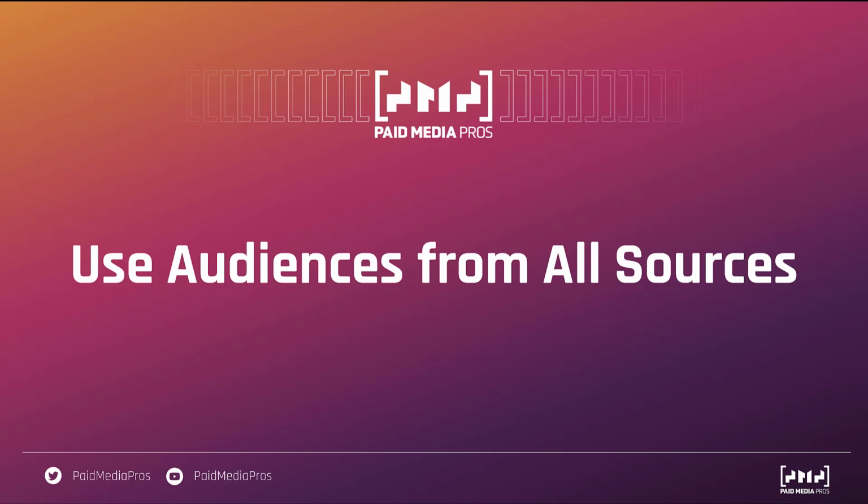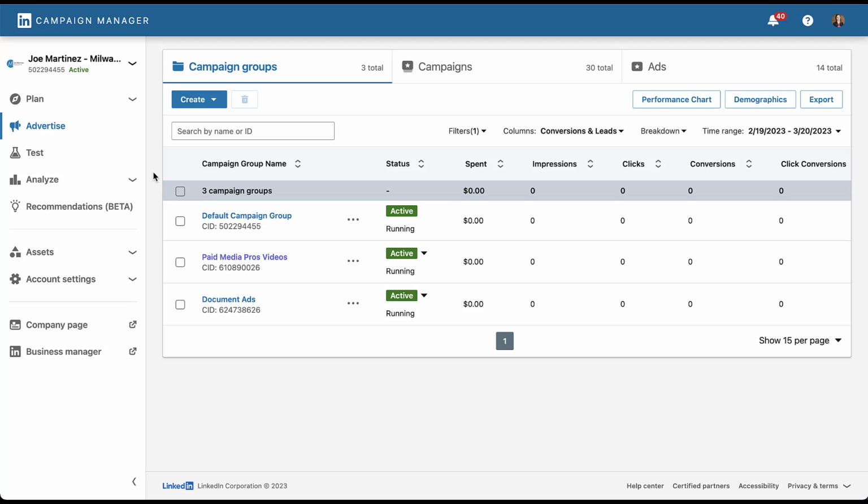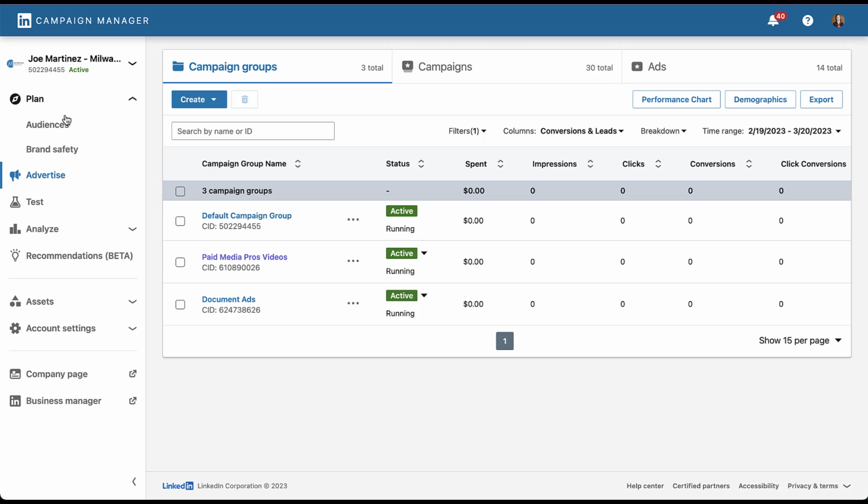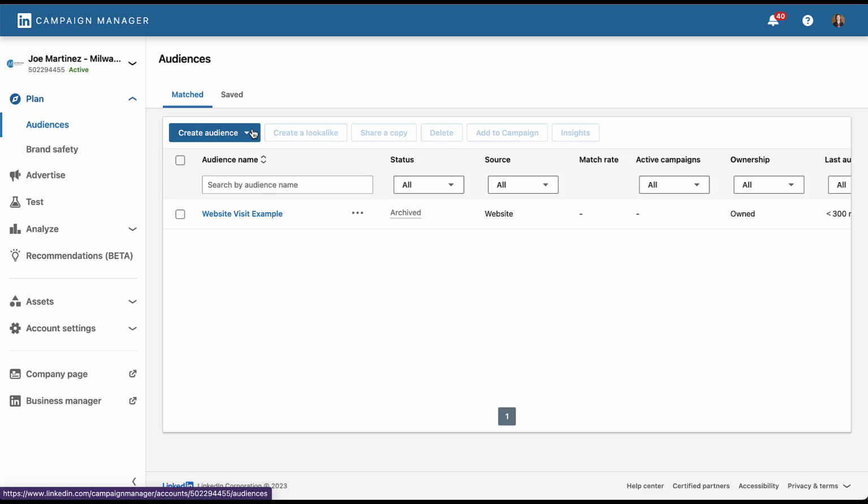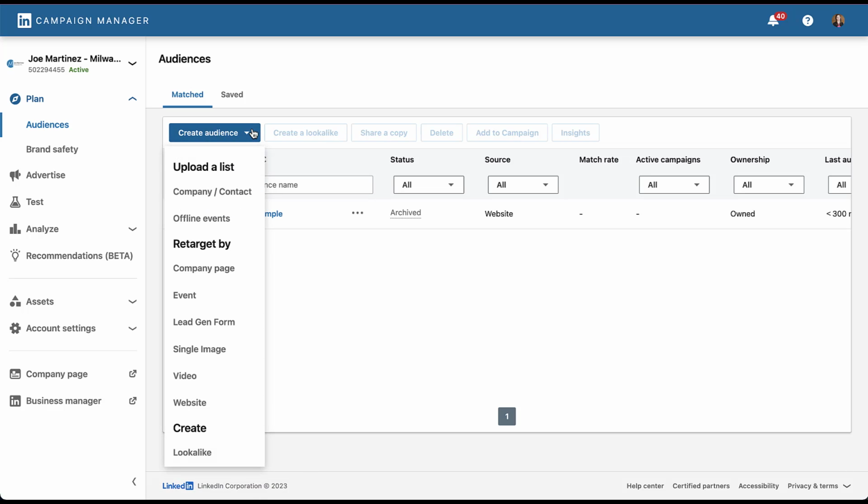First, I want you to utilize audiences from all sources in LinkedIn. As I already alluded to on the previous slide, there are different audiences for websites and engagement. And if we hop into the LinkedIn ads platform, to create different audiences, I'm going to head to Plan, go to Audiences, and then if I click on Create Audience, you can see here that there are a lot of different audience types, whether it's uploading a company or contact list, offline events, or anything listed under the Retarget By